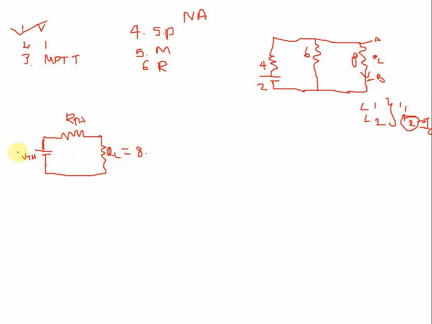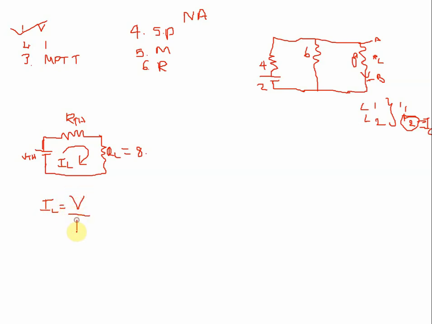So you will go to step 1, you are going to find out the VTH, and in step 2 you are going to find out the RTH, substitute the values and find out the flow of current. So how do we find the flow of current? IL is equal to, what is the formula? IL is equal to, by Ohm's law, V by R.